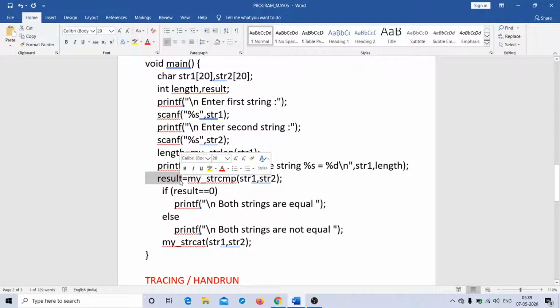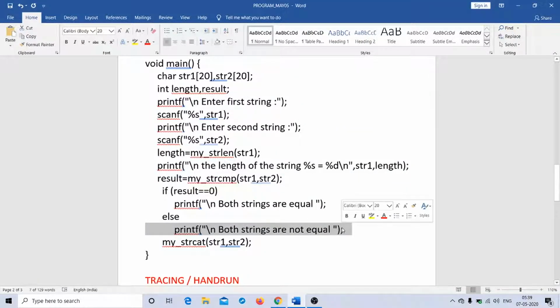And then the conclusion that I draw is, if the value returned from the user defined function strcmp is 0, then the conclusion drawn is both strings are equal. Otherwise, if it is not 0, then the conclusion drawn is both strings are not equal.